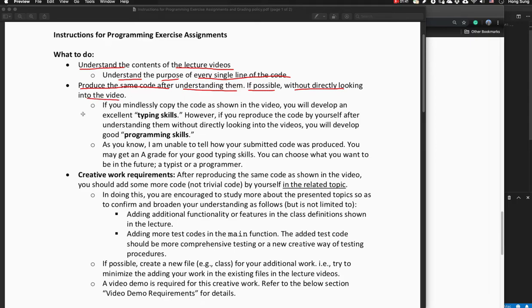What it means is that if you mindlessly copy the code as shown in the video, you will develop excellent typing skills. However, if you reproduce the code by yourself after understanding it, without directly looking at the videos, you will develop good programming skills. As you know, I am unable to tell how your submitted code was produced, so you may get an A for your good typing skills, but you can choose what you want to be in the future, a typist or